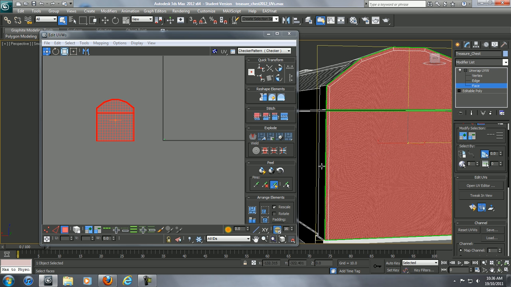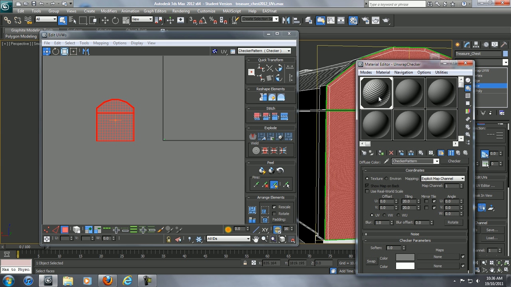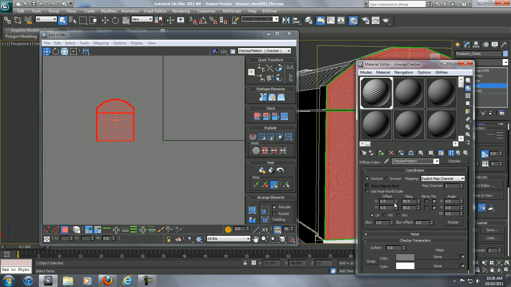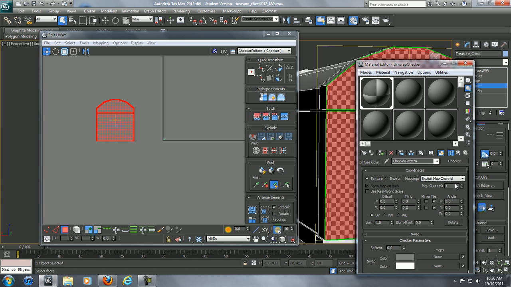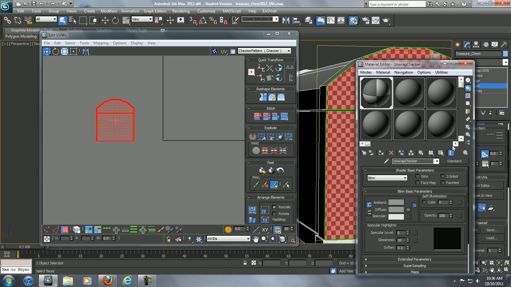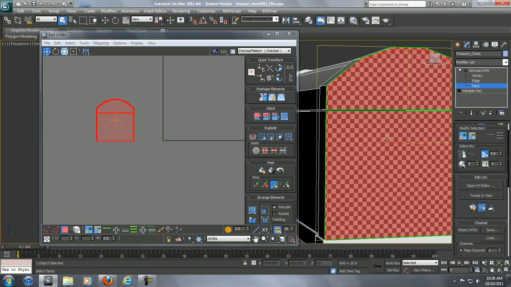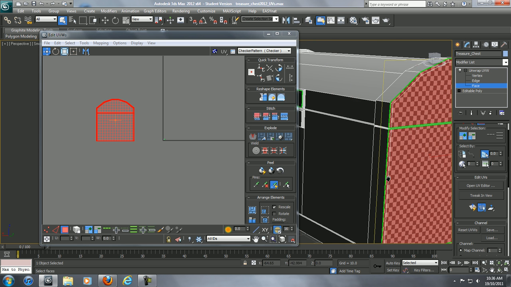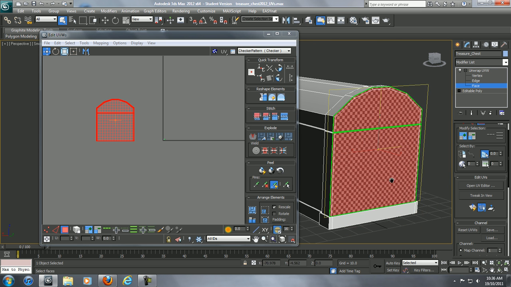So what I'll do in the material editor, I'll load in that material if it's not already. It already is in mine. Go into the map, it'll be there, and change the tiling. It'll vary from model to model. I'll make this like 0.3 or something. Whoops. You'll notice now that on those bits, the checkers are going to be like that, which is fine. That's important because we want to try